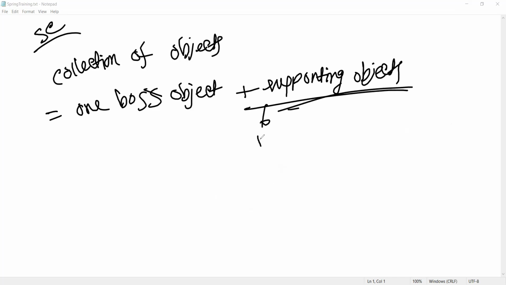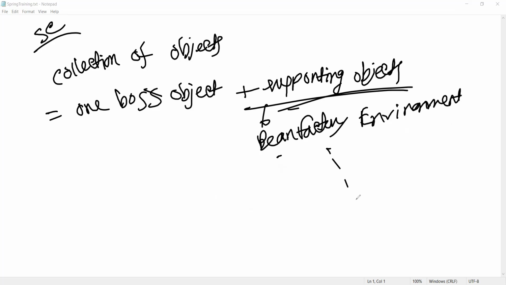For example, the bean factory, the environment, the bean post processor. There are multiple supporting objects. So what is the name of the one boss object?